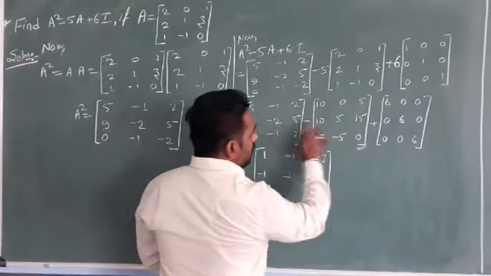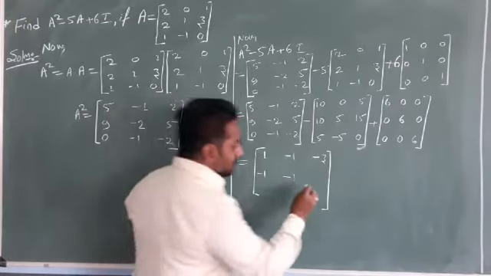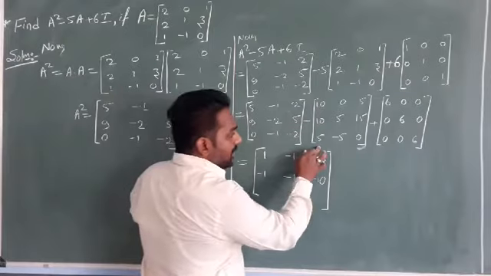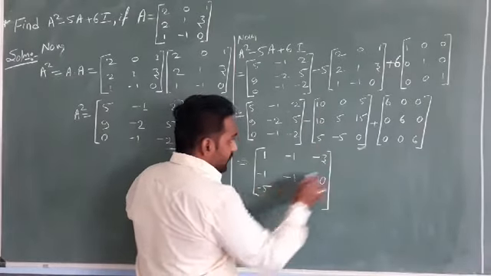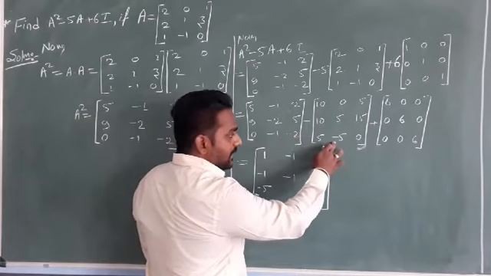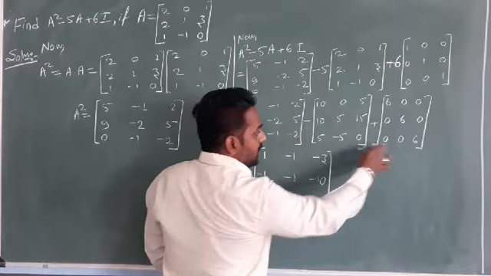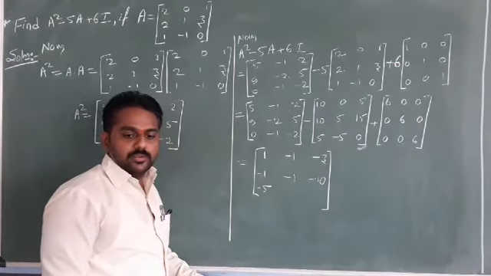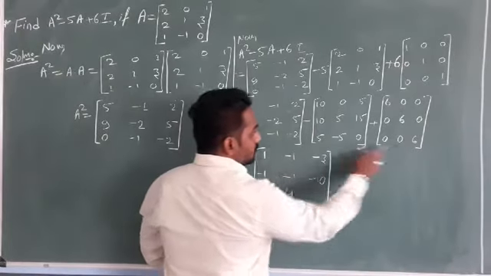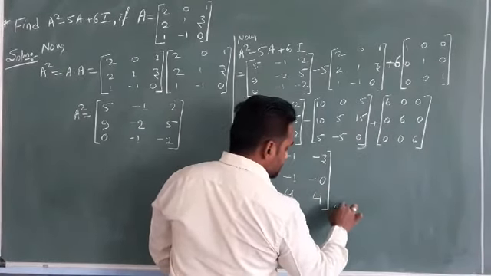Again 5 minus 15 minus 10, again minus 0, so you get the minus 10 here. Next, 0 minus 5, so you get the minus 5. Again it is 0 here, so just minus 5. Minus 1 minus of minus 5 plus 5. Minus 1 plus 5 plus 0, that is 4. Minus 2 minus 0 plus 6, so you get the plus 4.